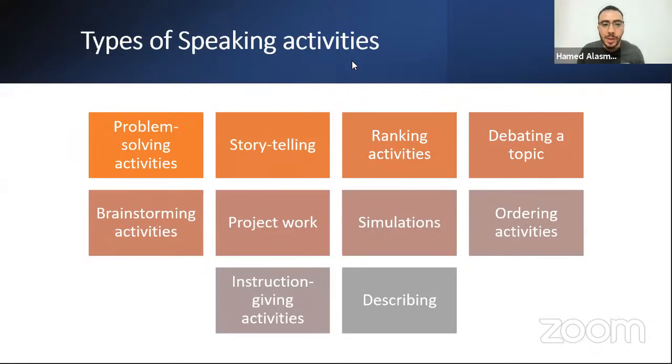How can we improve students' fluency? To improve fluency, you have to focus on the sub skills, like how to speak without pauses. Maybe you can use fillers, so you have to teach them fillers and how to use them. Maybe you need to teach them how to use synonyms or explaining things if they cannot remember the word itself. There are plenty of things that you can use to improve fluency.